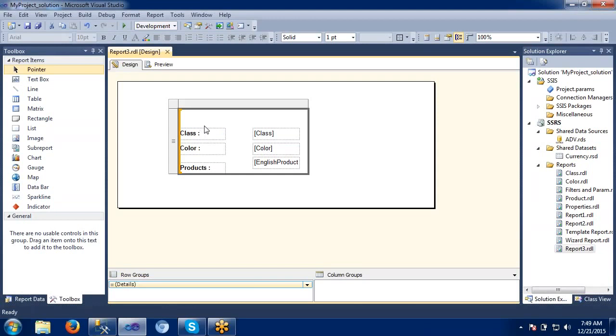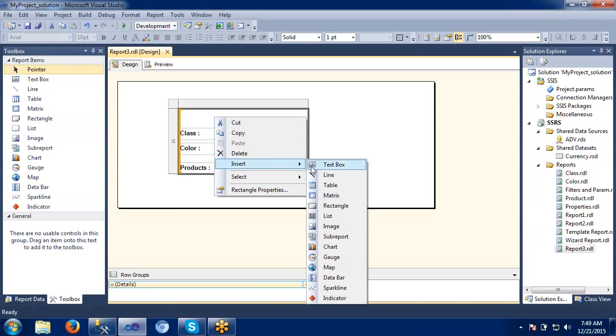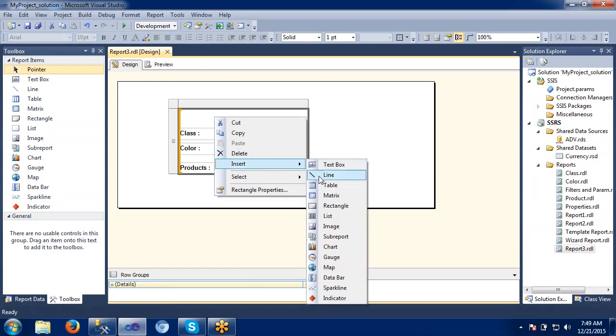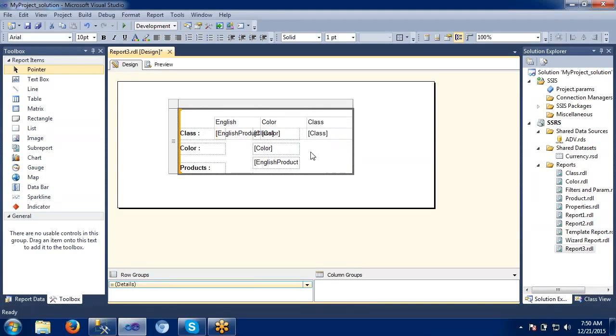Okay. What are the list properties we can have here? We have seen a text box, a line, whatever; in the list we can add anything, but remember one thing: we cannot add a table or matrix here. Why? Because it's already a collection of group items, and again we cannot group it here. Let me see what happens if I add a header or something here. It will definitely throw an error. Why? Because we cannot have one group inside a list.